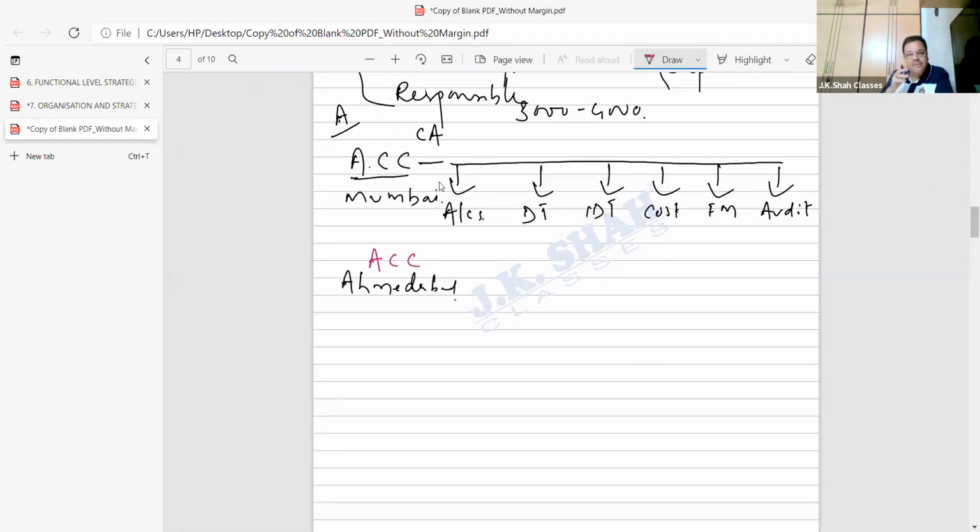So what will we do? Simple. Appoint a person by the name Mr. X. You become in charge of the Ahmedabad branch. Okay, sir. I will give you a house to stay in Ahmedabad, but the cost of living is very less. I will give you a good salary. You start looking after the Ahmedabad branch, and what will we do? I will start sending the teachers from Mumbai. So Mumbai teachers will come and take lectures in Ahmedabad.